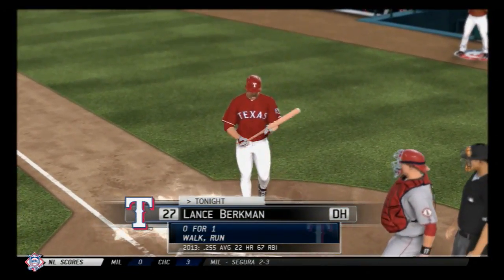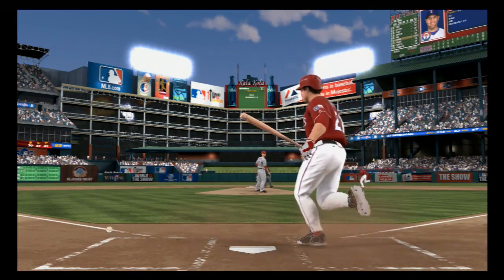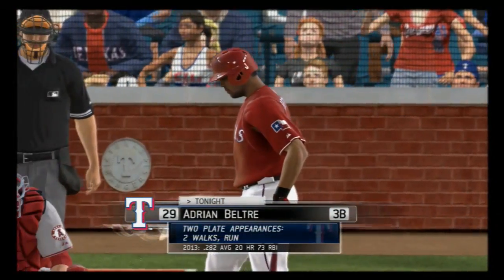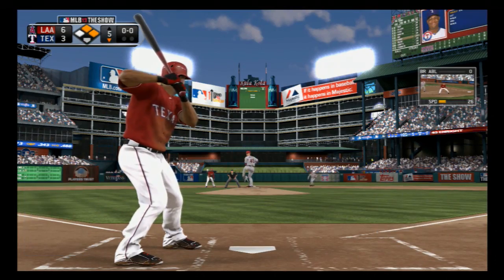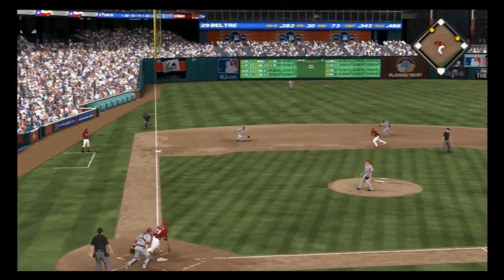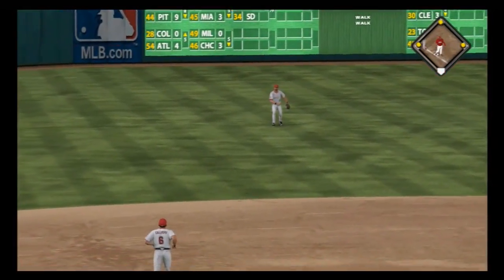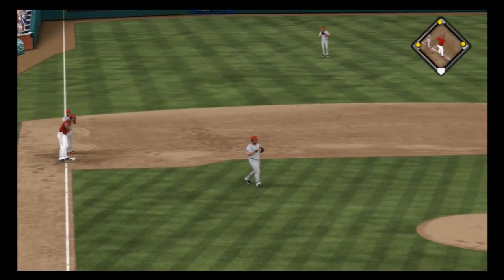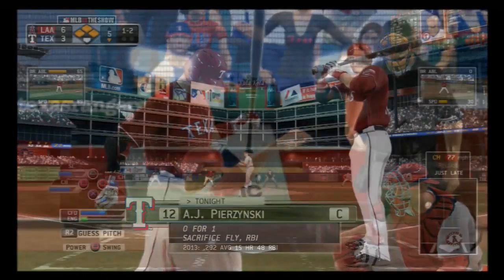Lance Berkman will step in. He's running again. And a breaking ball runs in and gets him. And I doubt there was any intent behind that. Adrian Beltre. And this is hit well towards the hole. And that's through into left, a base hit. Rios able to get it in quickly, so they'll hold the runner at third base. A.J. Pierzynski will have